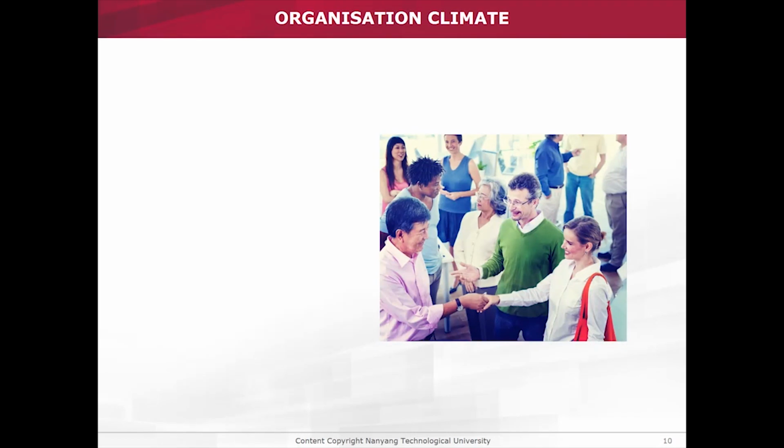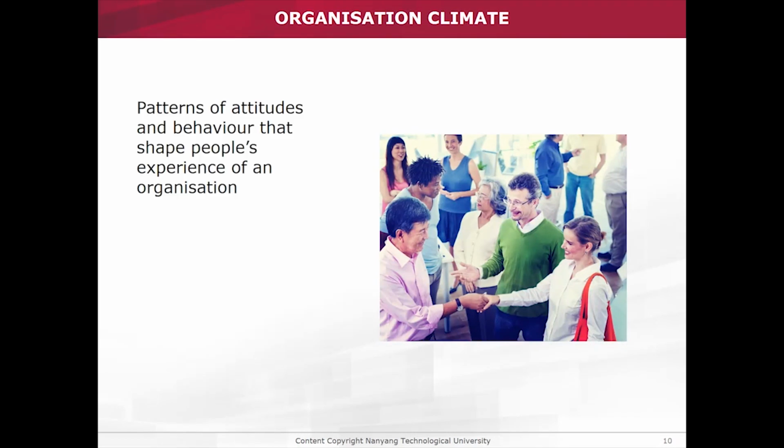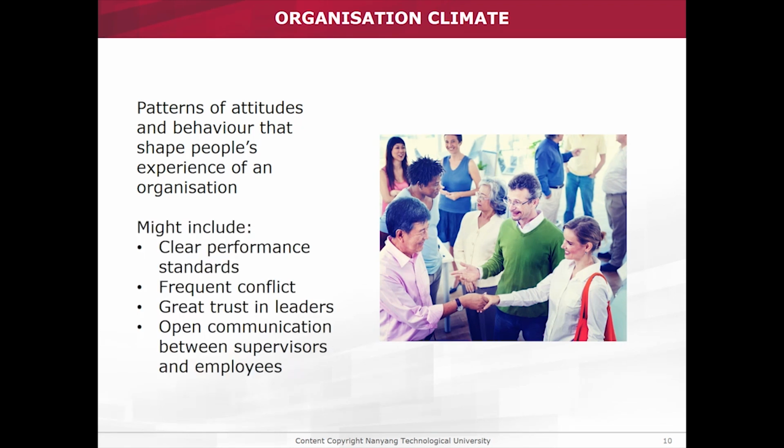Organization climate consists of the patterns of attitudes and behavior that shape people's experience of an organization. For example, an organization's climate might include clear performance standards, frequent conflict, great trust in leaders, and open communication between supervisors and their employees. An organization's climate and its culture both shape the experience of working there and the organization's